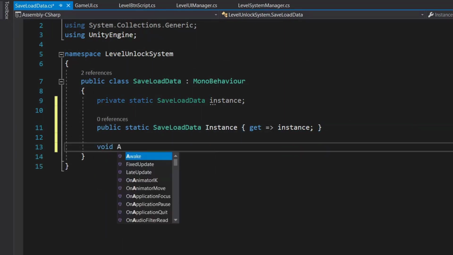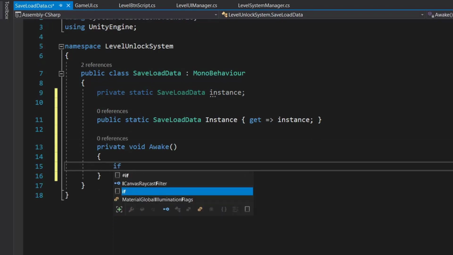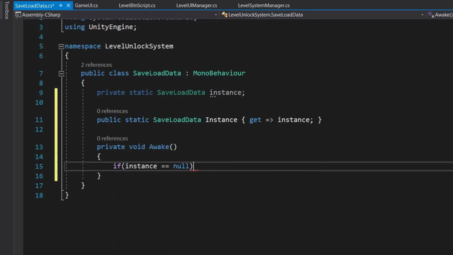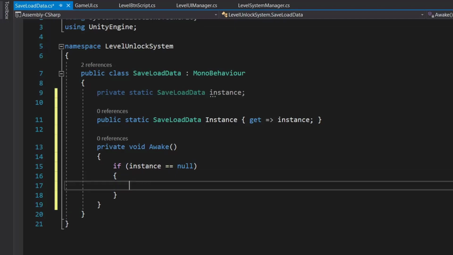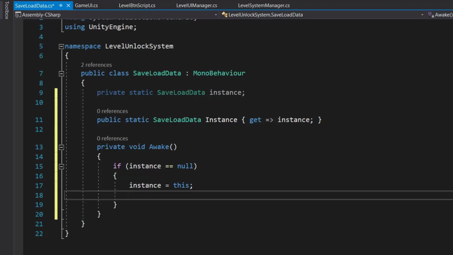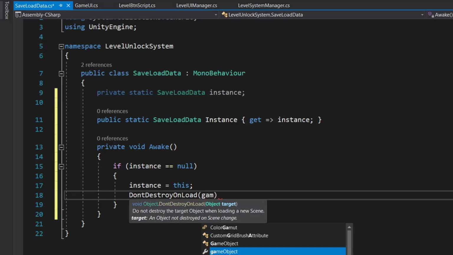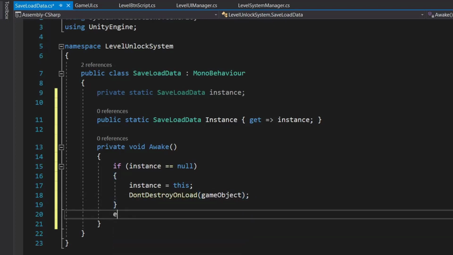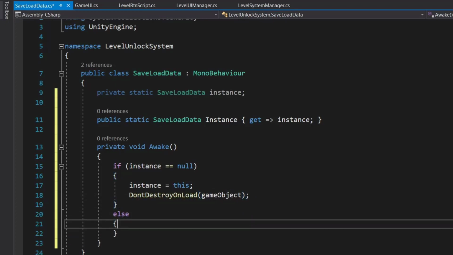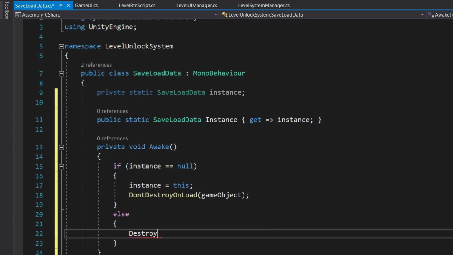And in void Awake we will set, if instance is equal to null, then our instance is equal to this, and we don't want to destroy this, so we'll call DontDestroyOnLoad on the game object, else we will destroy it.